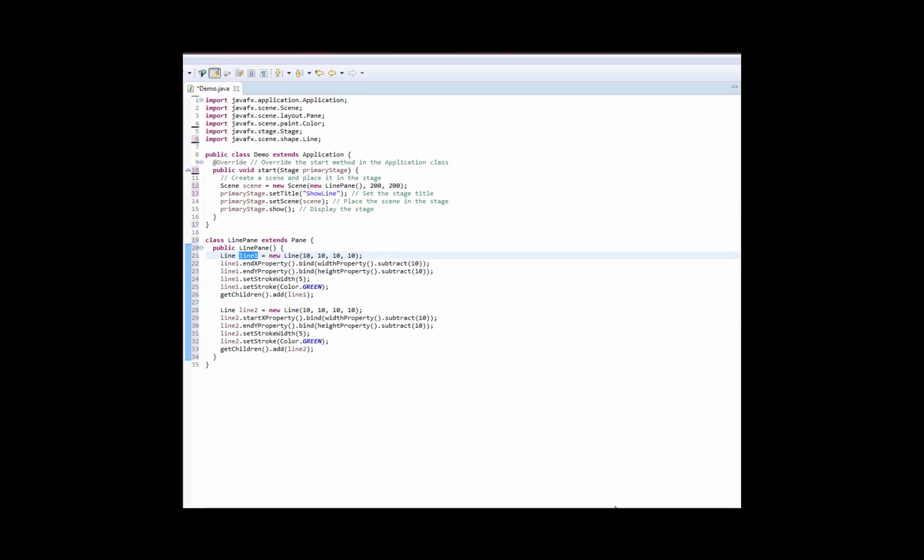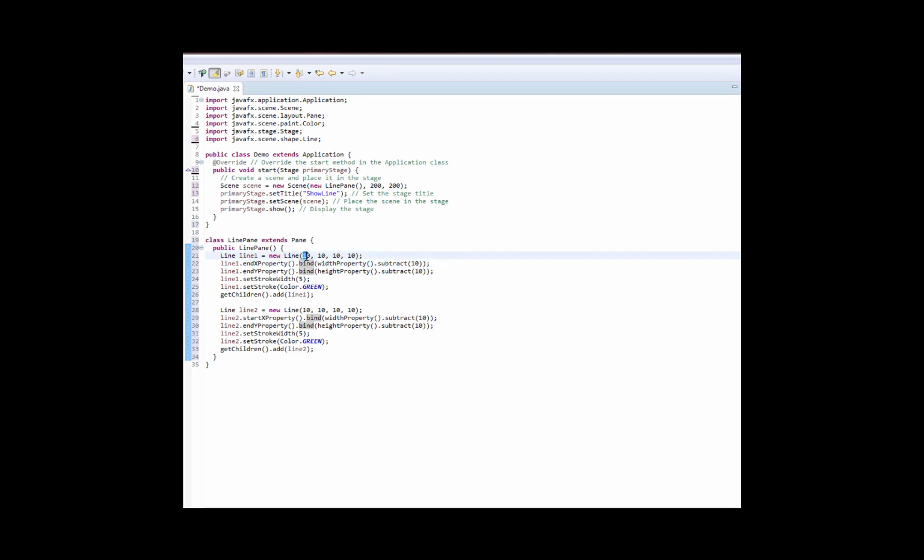Now, we don't change the starting point of 10, 10, we leave it there, but the ending point we immediately revise by changing the end x property of line 1, and in this process of changing it we actually bind it, and you remember what that does, to the width property of our scene minus 10. So think about what this does then.